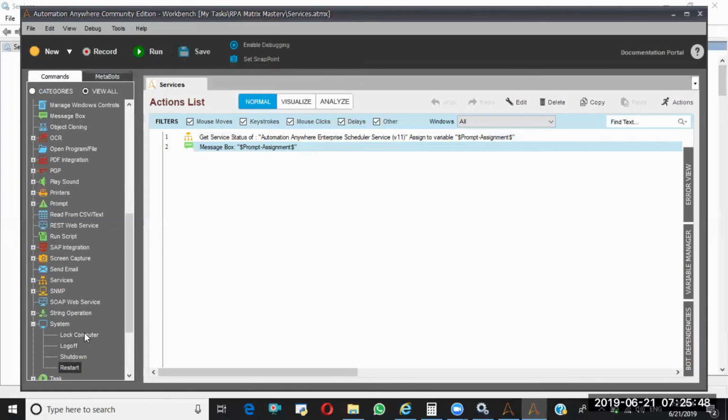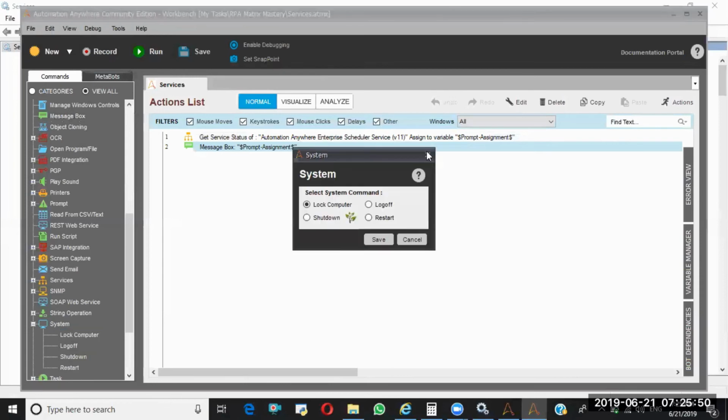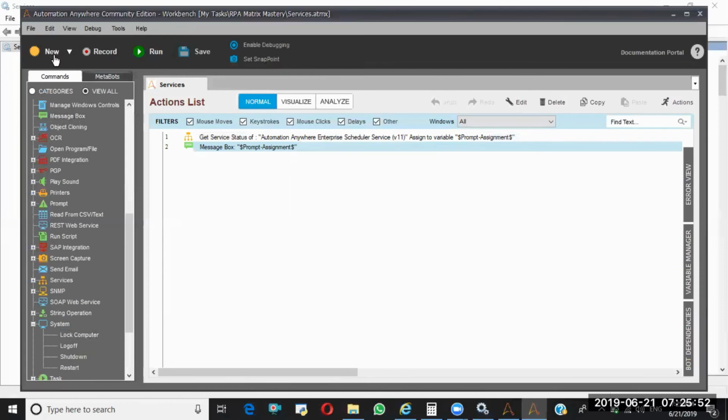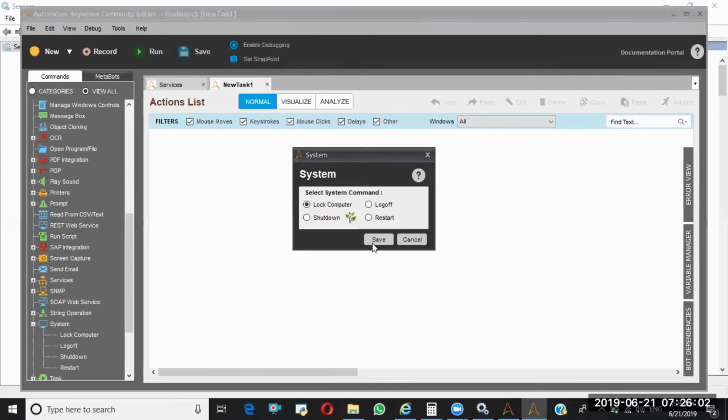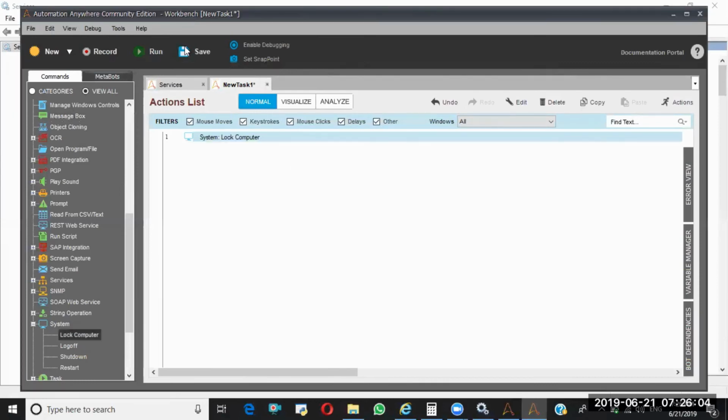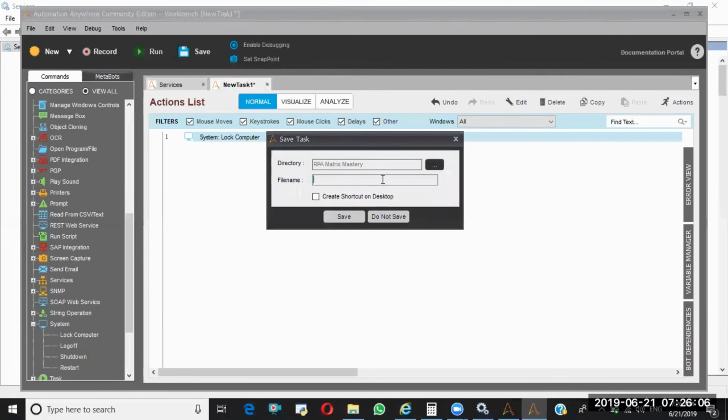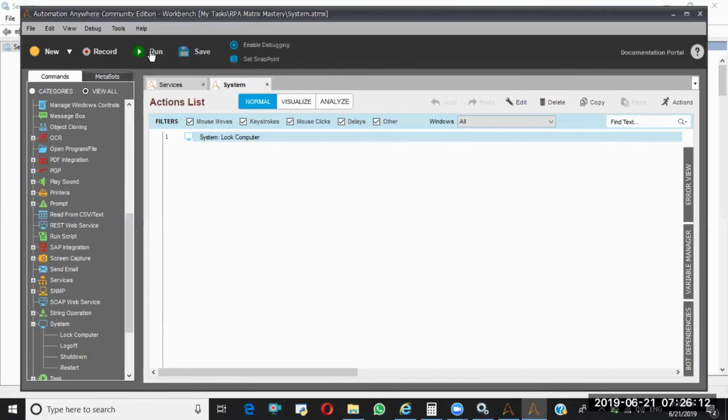Let me take a new one. I'll show you the lock computer only, so that you may get the black screen. So I'm selecting lock computer. Save. Yes, run.